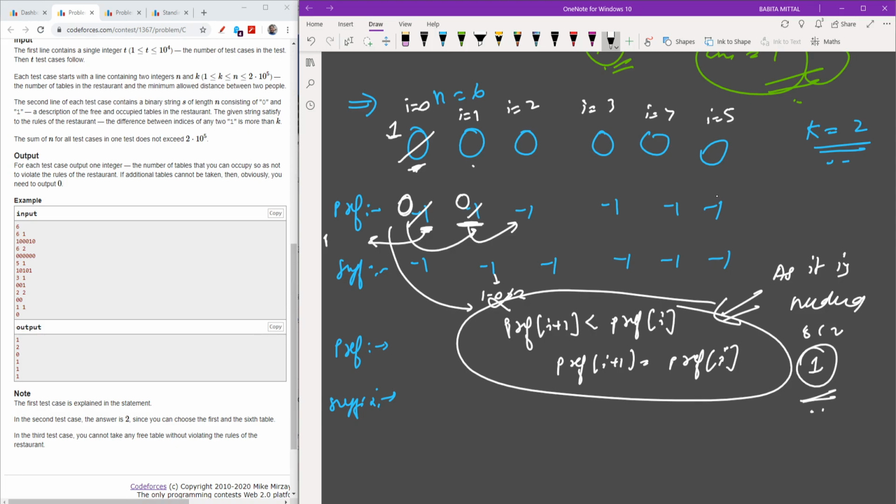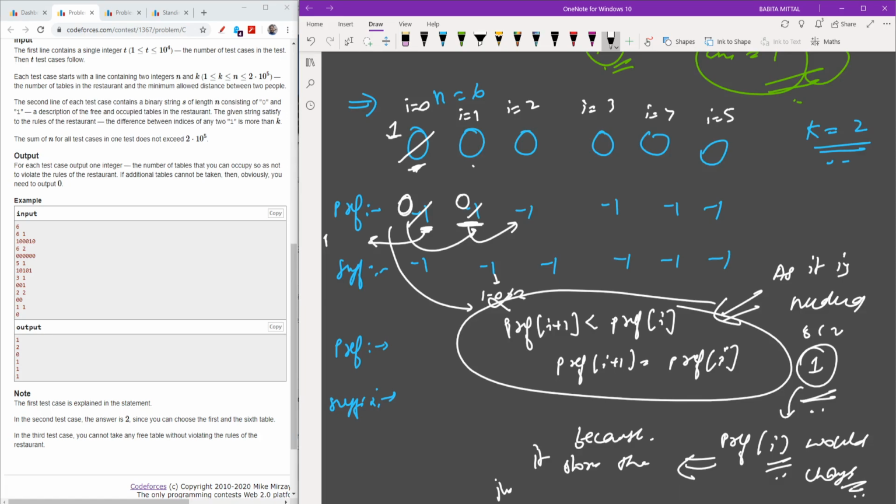So at every step, my prefix of I would change, because it stores just the recent previous occurrence of 1. Understand? Thus I will update this as 0.